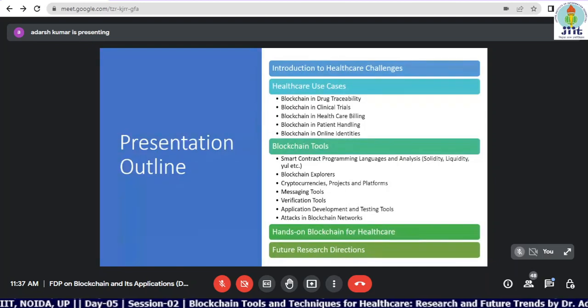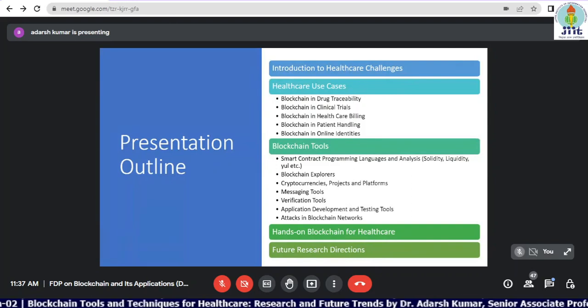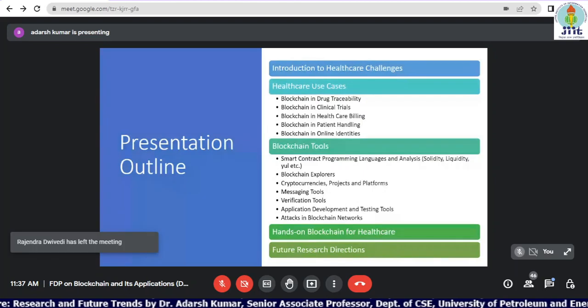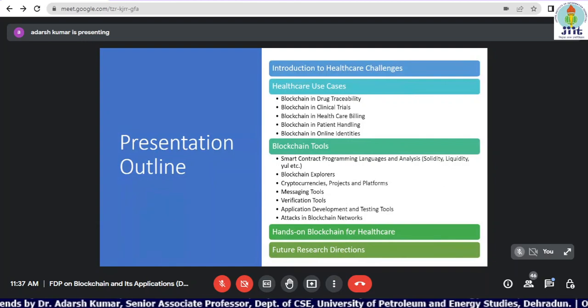So what would be a patient-centric smart healthcare system? What are their future aims? How can we make it more transparent? If we have the patient's historical data, and we are able to share the data with the right person, then it will be more transparent. We're going to discuss these case studies, and online identities are no doubt required. Take any system, some form of online identity is required. So in the healthcare system also, patient identity and doctor identity are required.